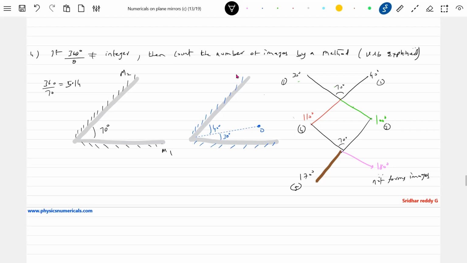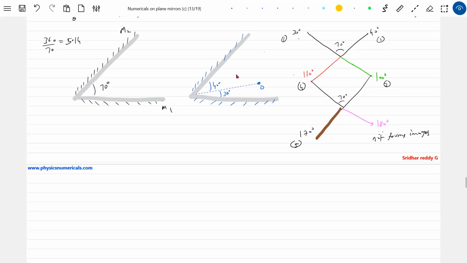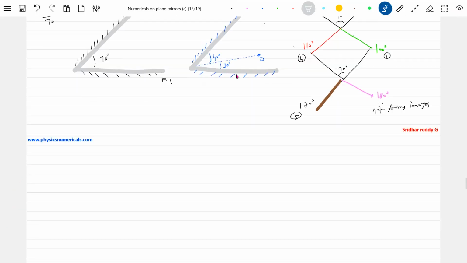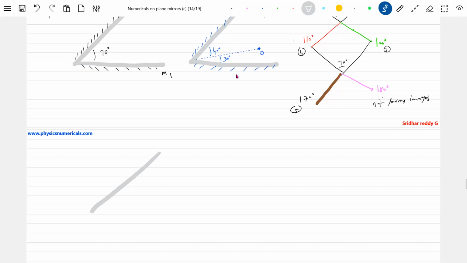Getting now this one. So no need to draw a circle. Means only what are these? These are the angular positions. No need to draw a circle. Just at what angular position the image is started. Sir, what happens if it is placed symmetrically? Still, can I use the same method? If the object is placed symmetrically,